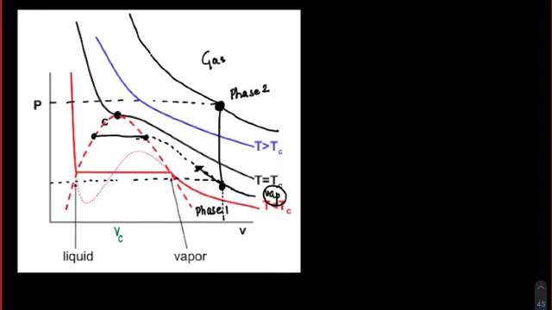But imagine if I change the temperature here. From this point, let me take this as point A and this as point B. From this point, I am trying to go towards the liquid region, maybe at a constant pressure. At a constant pressure, if I start moving this way, then as you decrease the temperature, the volume will decrease. Got it? You're decreasing the temperature, so the volume will decrease and it will convert into the liquid state.